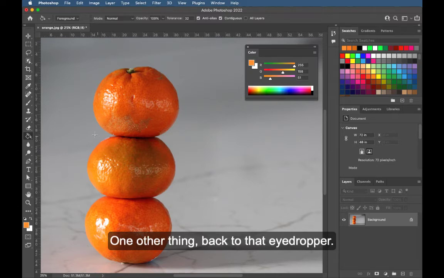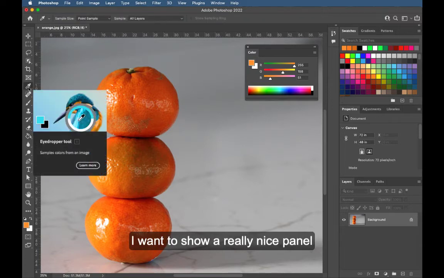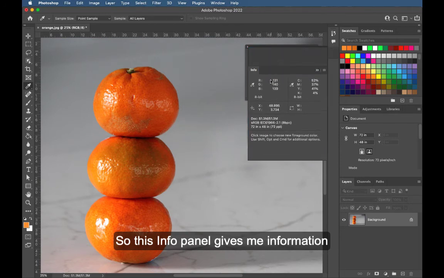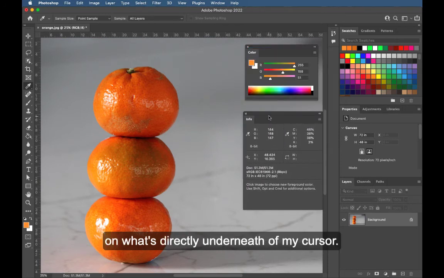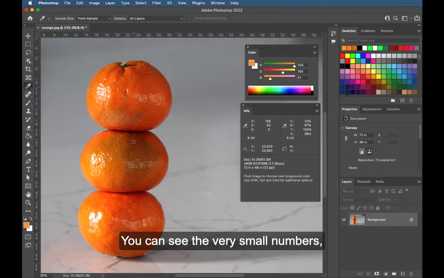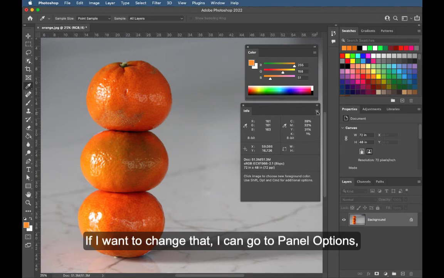Okay. One other thing, back to that eyedropper, I want to show a really nice panel that helps work with color, under Window and Info. So this Info panel gives me information on what's directly underneath my cursor. It tells me my XY location with, of course, my 0 point up in the top. You can see the very small numbers. The RGB color that's directly under my cursor right now,